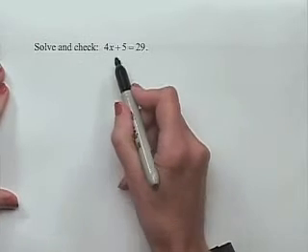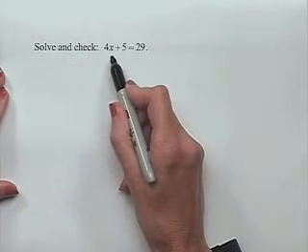Next, we're going to look at solving an equation. Solve and check. 4x plus 5 equals 29. We're trying to solve this equation for the variable x. To do so, we're going to use some properties of equality in order to get x isolated on one side